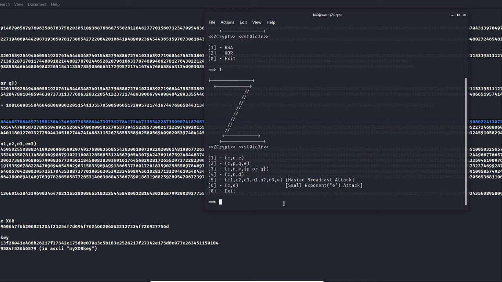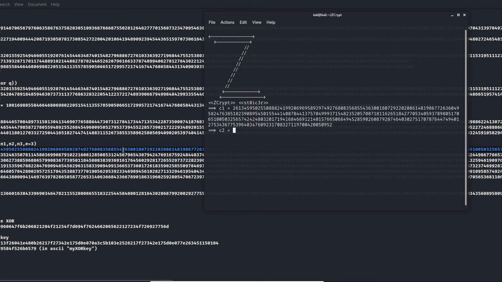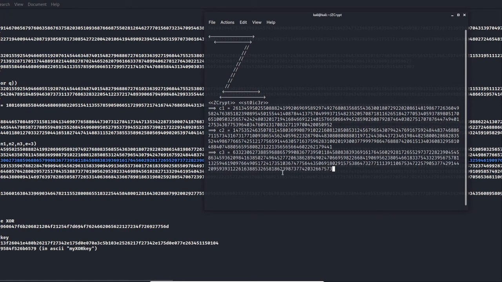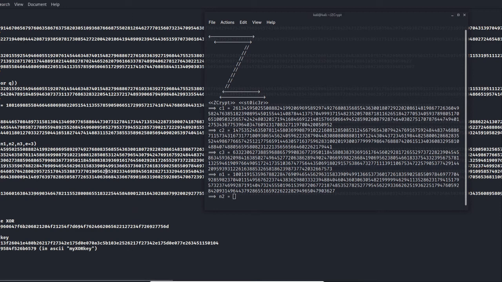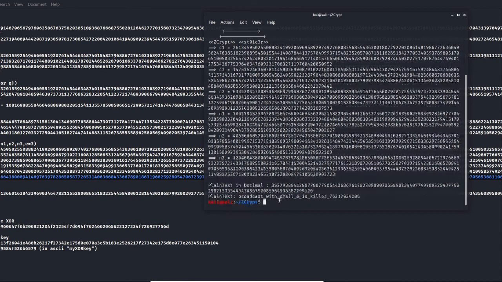Now let us see Hastad's attack, one of the interesting attacks. There was some discrepancy with the Hastad attack because I've seen some Hastad attacks with e equal to 5. Generally, Hastad's broadcast attack is when e equals 3, which is what I've learned. If you have any issues with this, you can ping me on Twitter, or you can also put it in the video comments. Yeah, it also worked. Plain text.